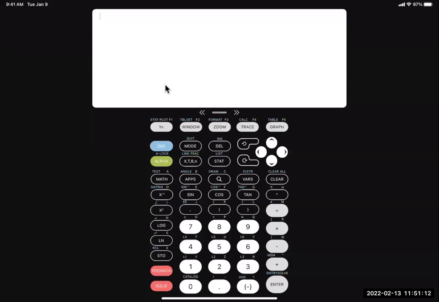Okay, so once you get to your calculator app, the first thing you're going to do is go to Y equals. Click on Y equals, and then it asks you to input the function. It depends on the function that you want to enter. I'm going to enter the function on question number 4, which is